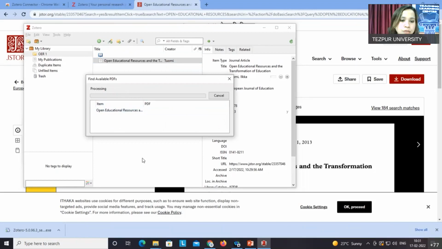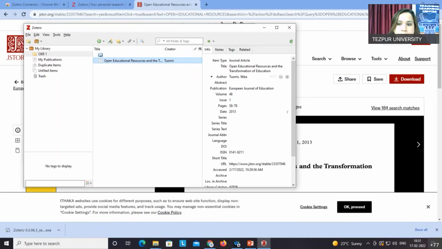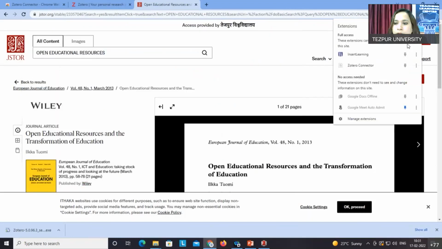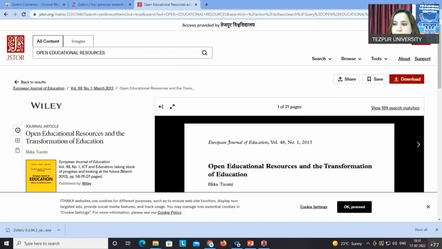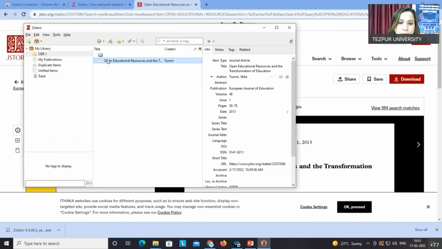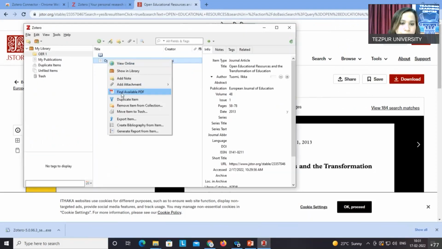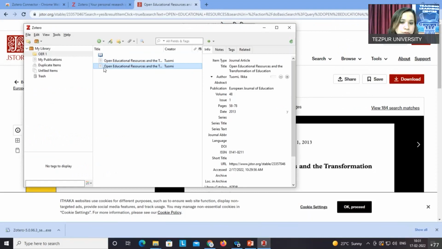So I think it will take time. It's showing no PDF found, because I have just saved the whole JSTOR page to my Zotero connector. That is why it's not showing. But if you'd like to find the other options here, duplicate items, for example,